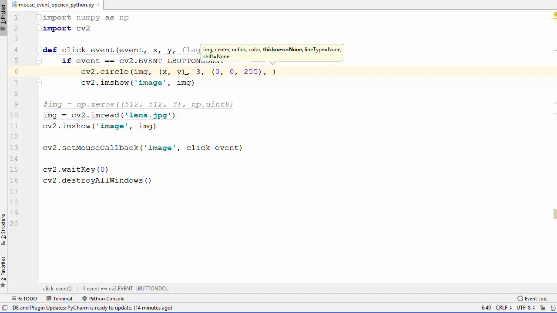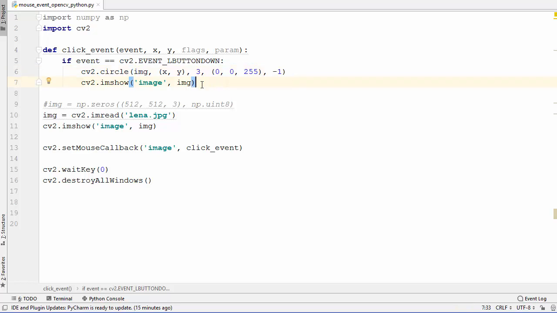Now the thickness I'm going to give here is -1, and you might already know what this -1 does. Whenever you give -1 as a thickness, it fills your circle or any closed shape. So your closed circle will be filled with the color which you provide here.